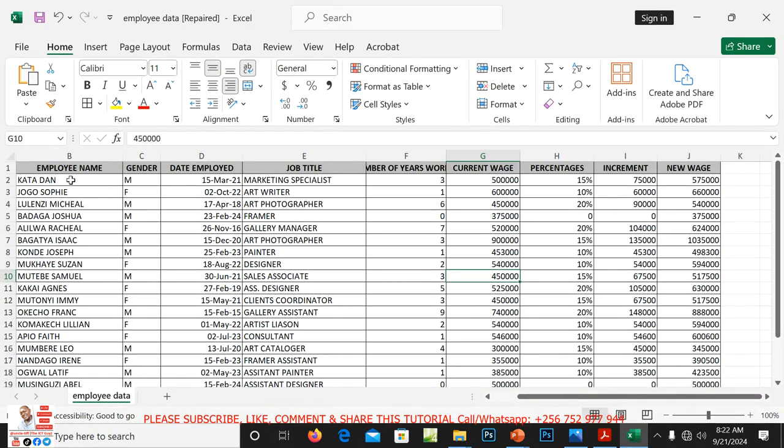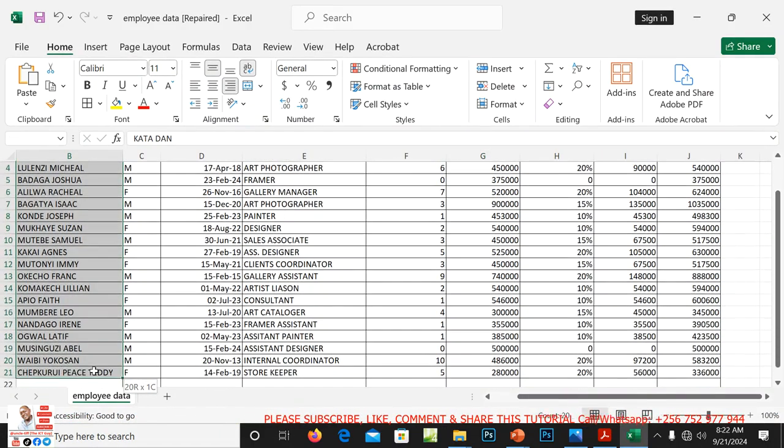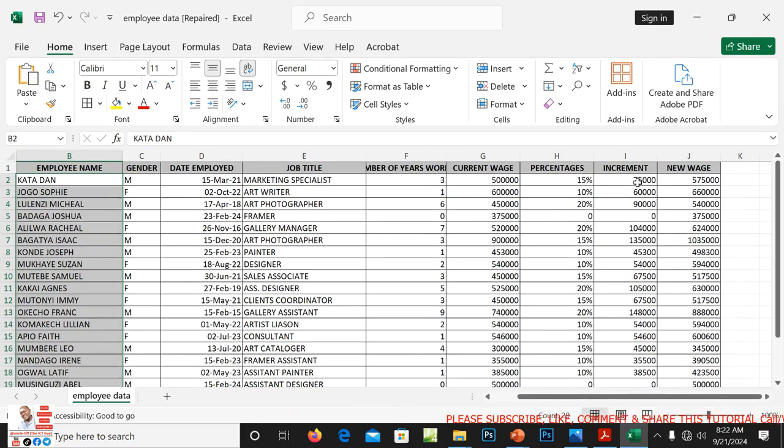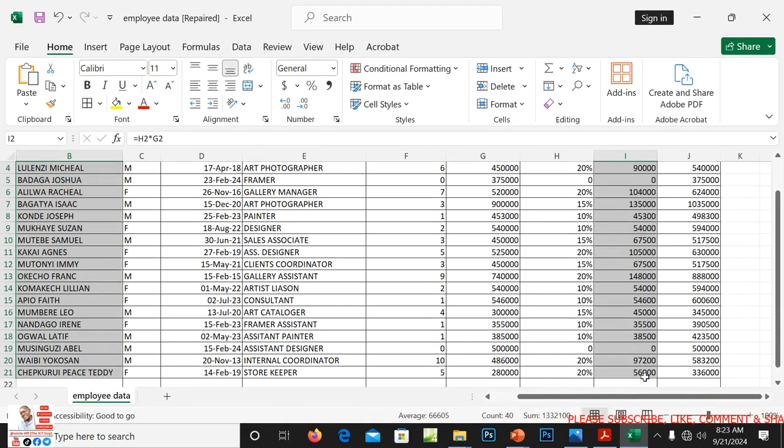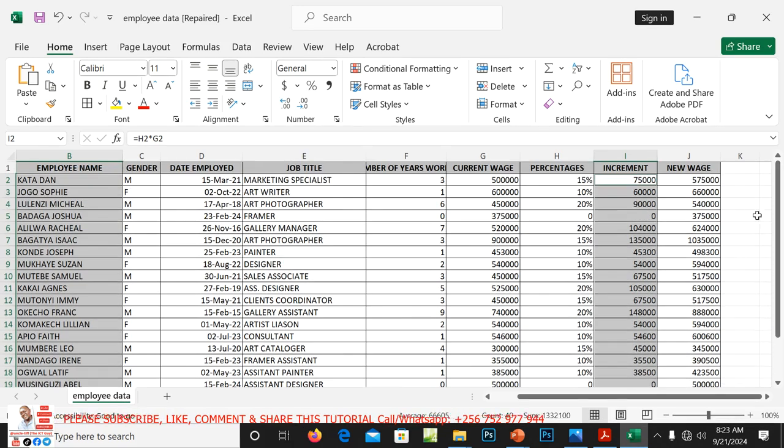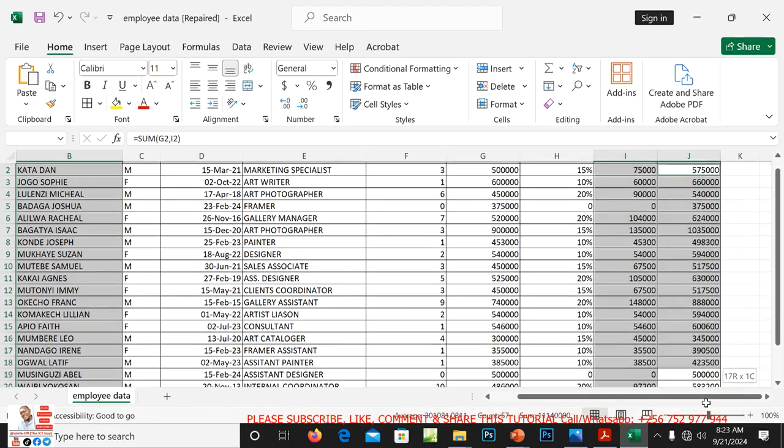We can chart employees, their increments and new wages, or we can just say employees and their wages.